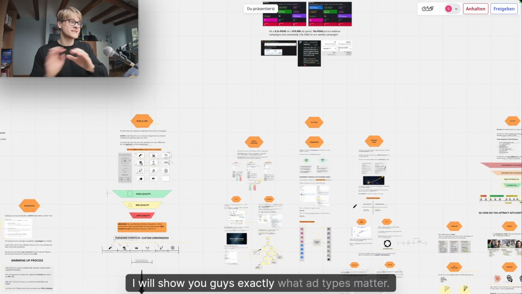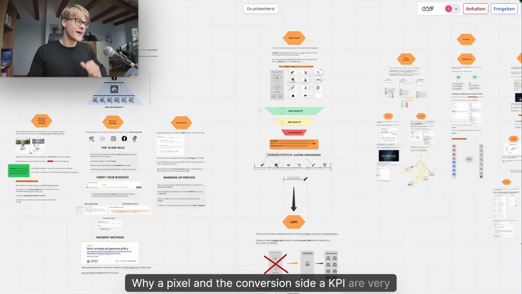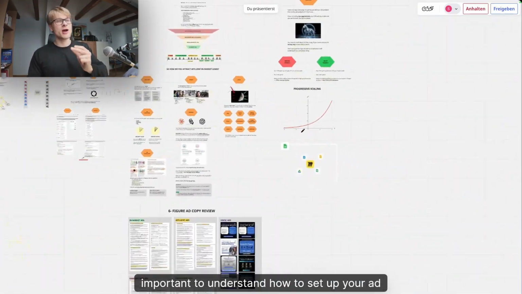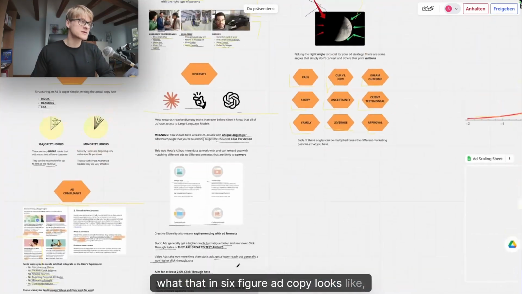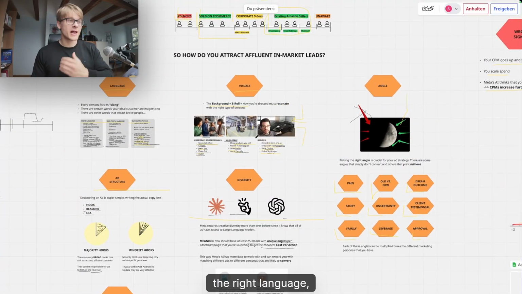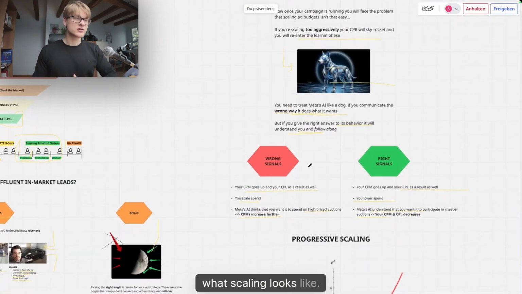I will show you guys exactly what ad types matter, why a pixel and the conversion side KPI are very important to understand, how to set up your ad accounts the right way, okay? What dialed-in 6-figure ad copy looks like, how to use the right visuals, the right language, the right structure in your ads, how to structure your ads the right way, what scaling looks like, how you want to